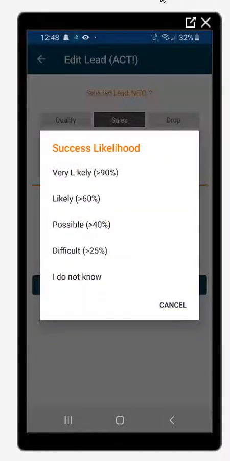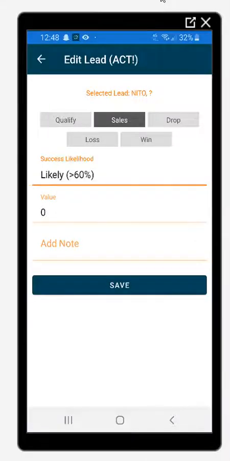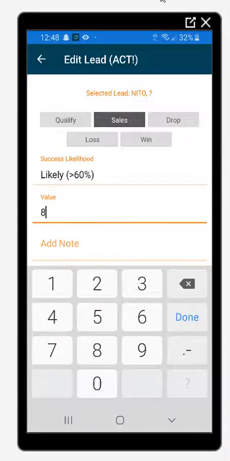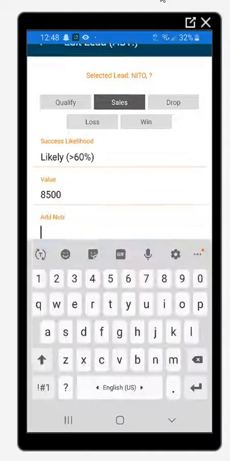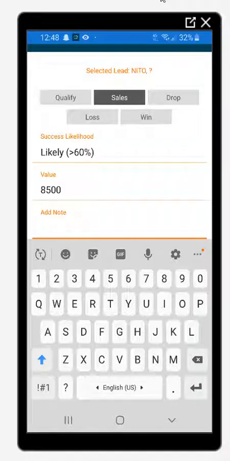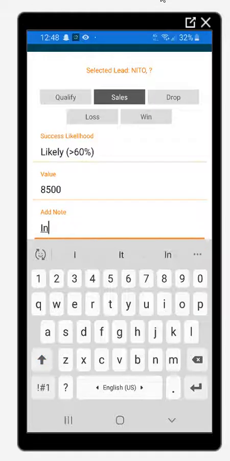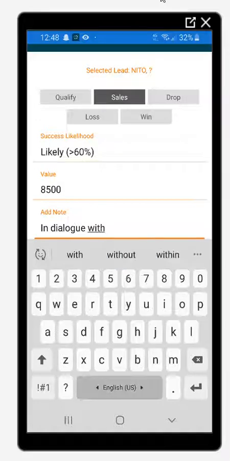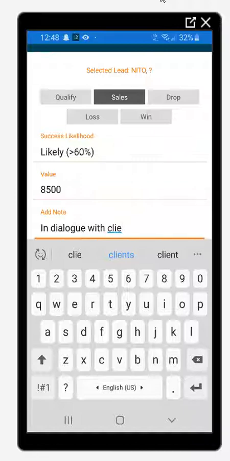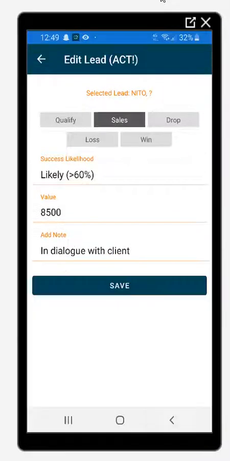And then you define what's the likelihood of closing this lead. So let's say that it's likely, more than 6%. And you can also estimate the value of this lead, for example, 8,500, and say current status, or add a note to it, for example, in dialogue with the client on this one. And that's basically it. So you can just press save on that, lead successfully saved,